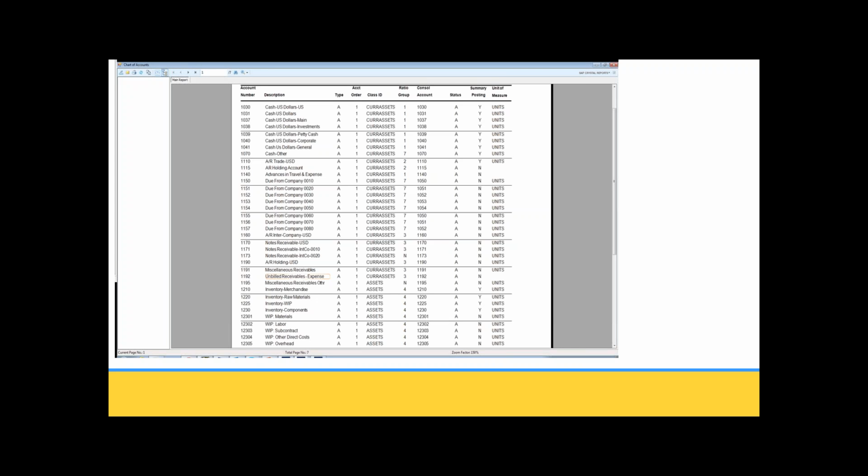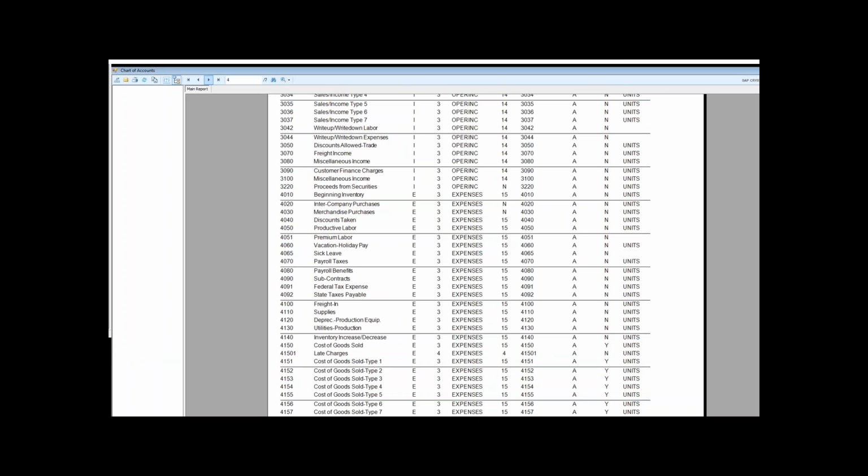So you have 1, 2, 3, 4, 1, 1, 2, 3, 4, 2, 3, and 4, and 5. Keeping your grouping together for your WIP, yet you're keeping within the structure of the 4 digits on your accounts. If I look at another example here, I have 4 digits all the way down my